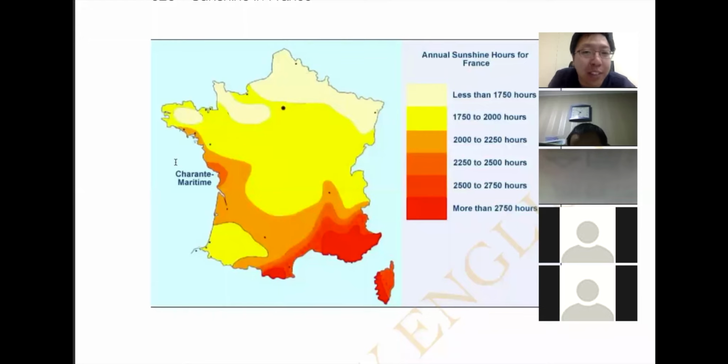So I'll just quickly demonstrate once again, if you guys like. I'll say this is a map of France showing annual sunshine hours. There are several different categories, including red, orange, and yellow. And these are further separated into north, south, and east. As we can see from the image, the highest temperature was 2,750. This is closely followed by 2,000. And in contrast, the lowest figure is 1,750 hours. In conclusion, the government needs to do more research on this topic.